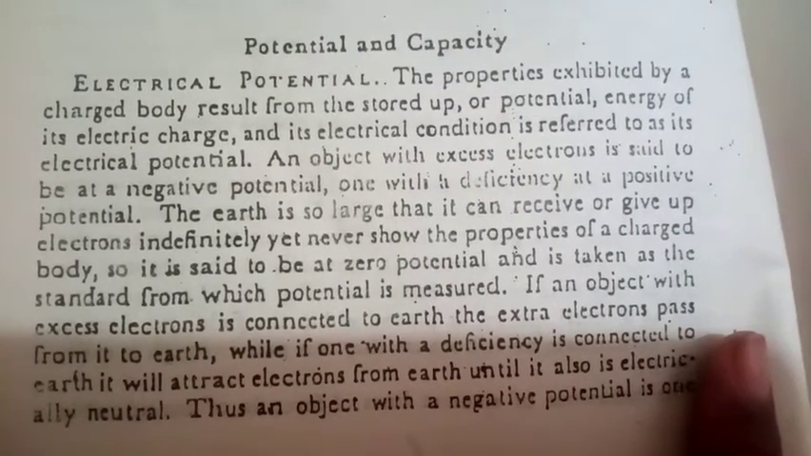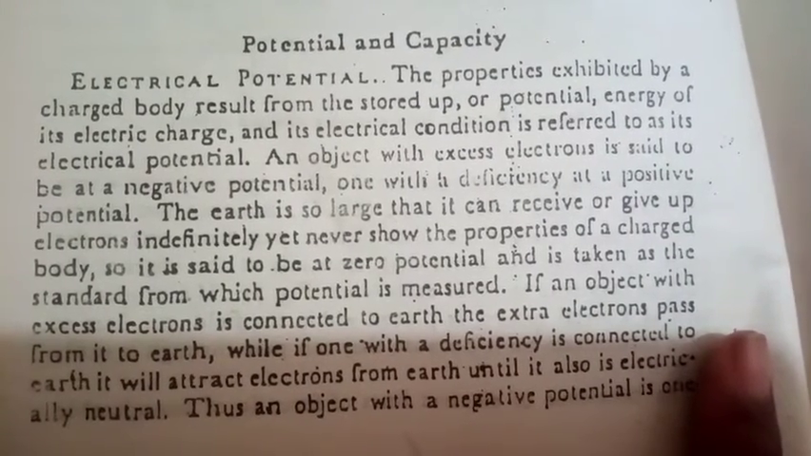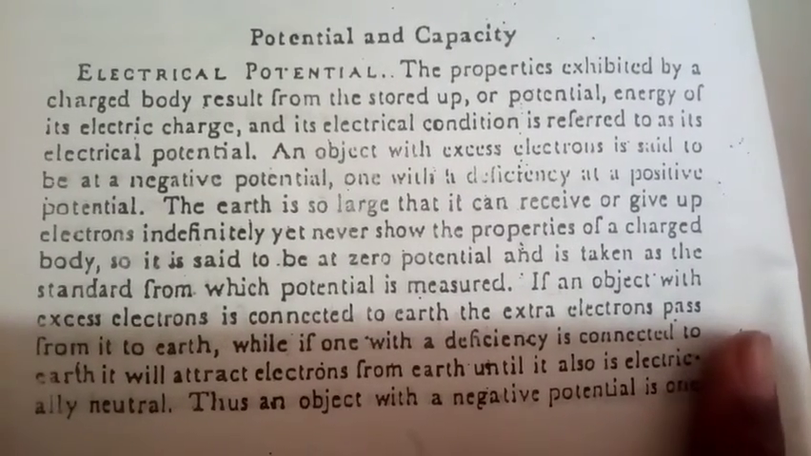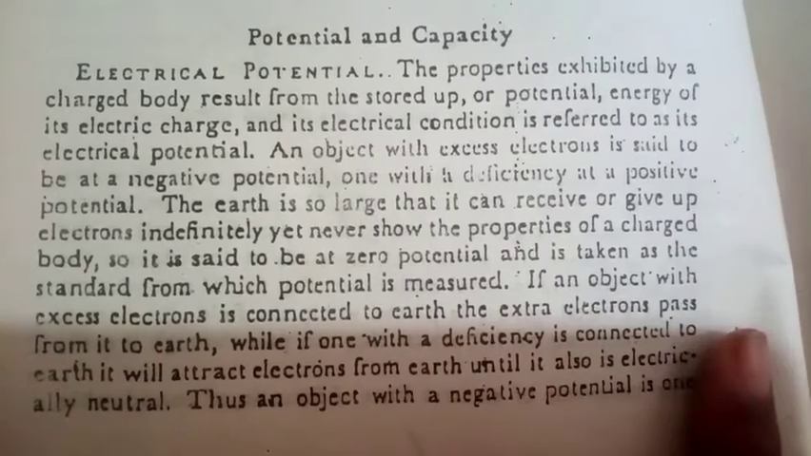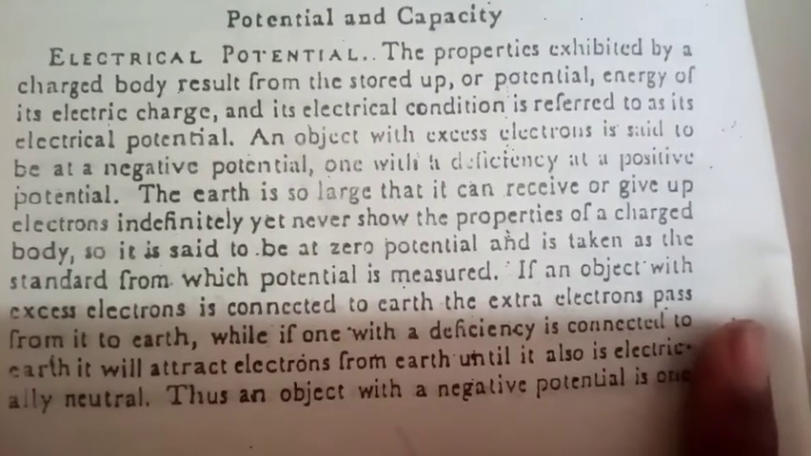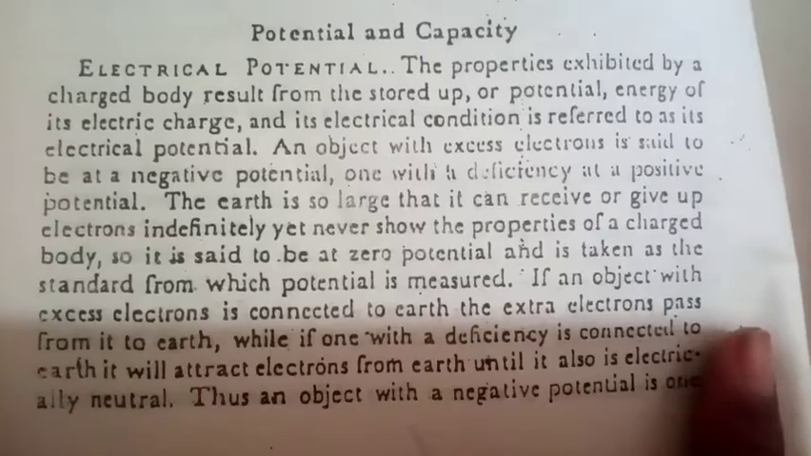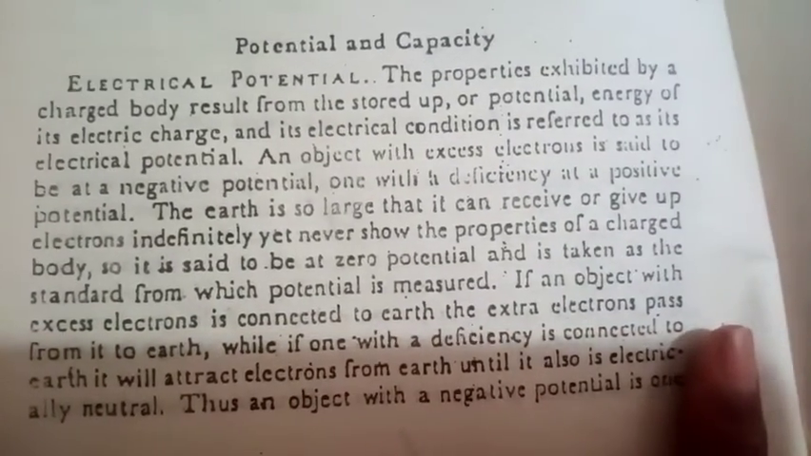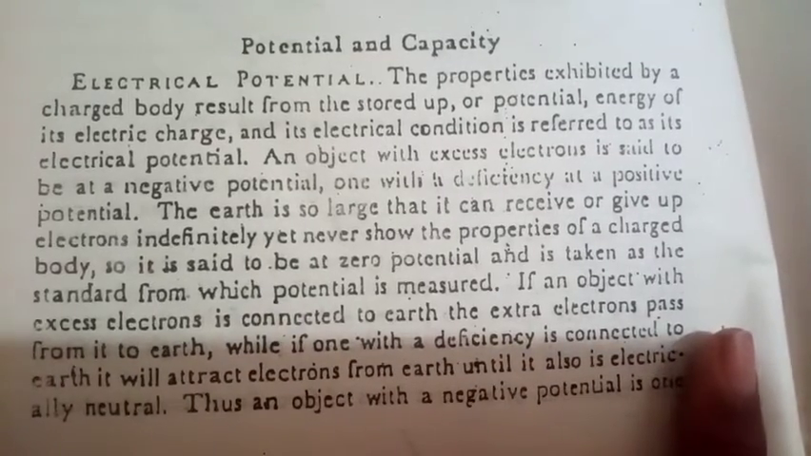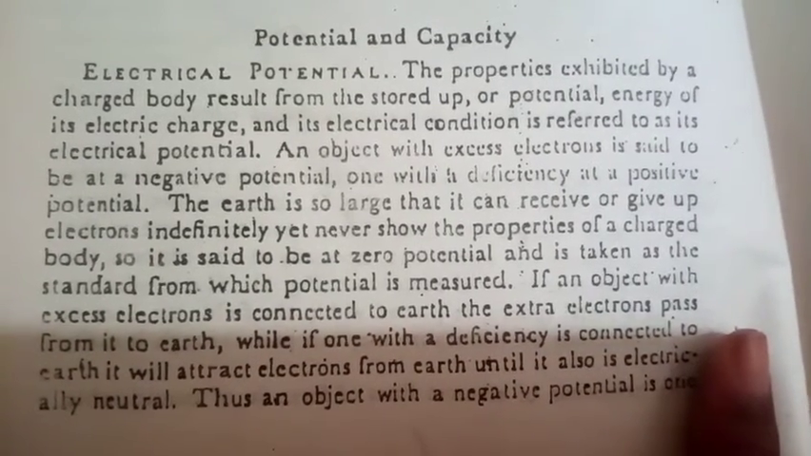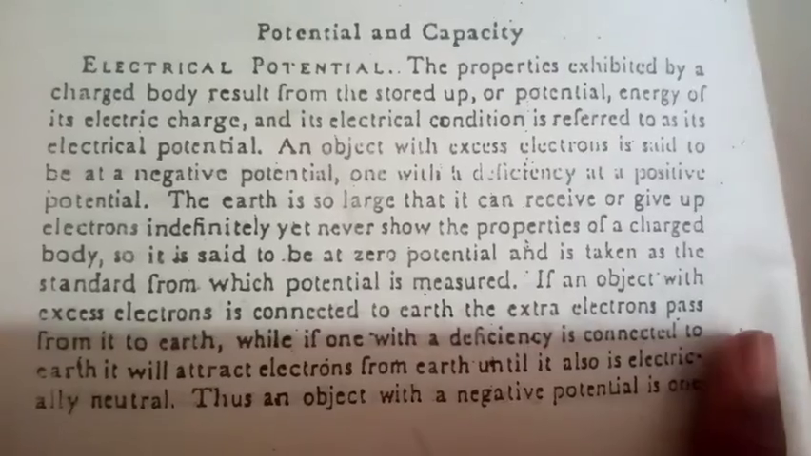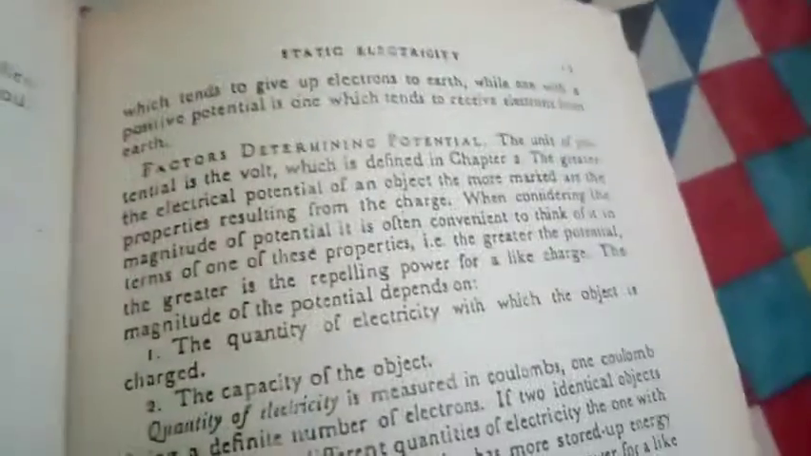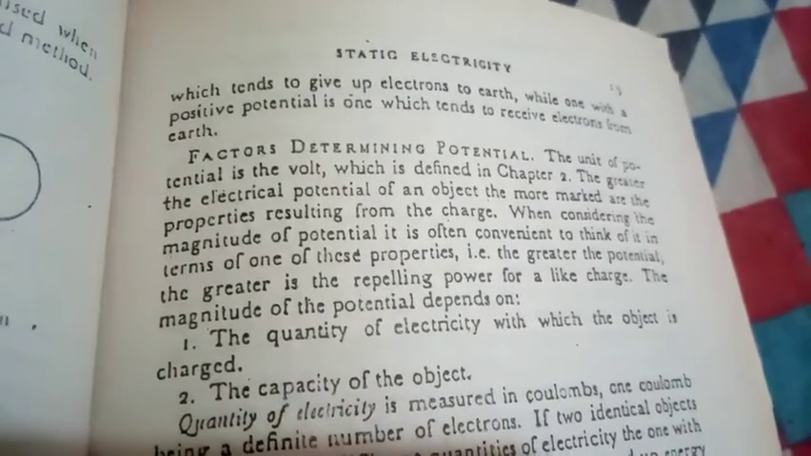The Earth is so large that it can receive or give up electrons identically, yet never show the properties of a charged body. So it is said to be at zero potential and taken as a standard from which the potential is measured. If an object with excess electrons is connected to Earth, the extra electrons pass from it to Earth. While if one with a deficiency is connected to Earth, it will attract electrons from Earth until it is electrically neutral. Thus, an object with a negative potential is one that will tend to give electrons to Earth,